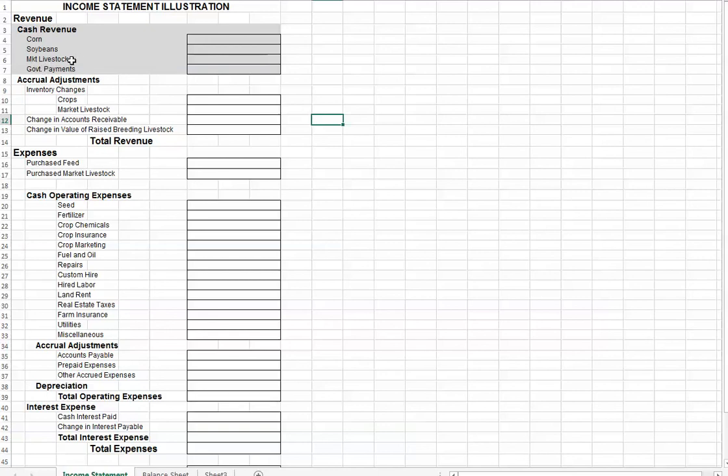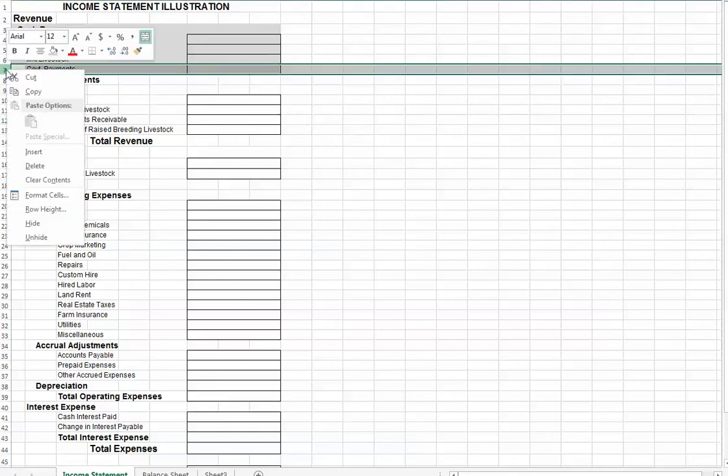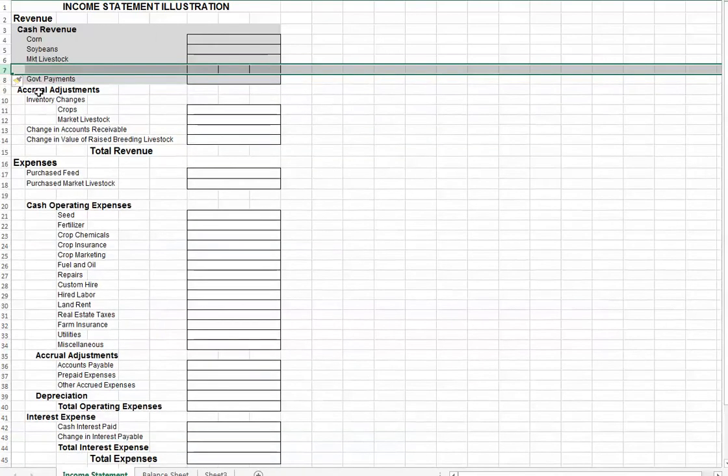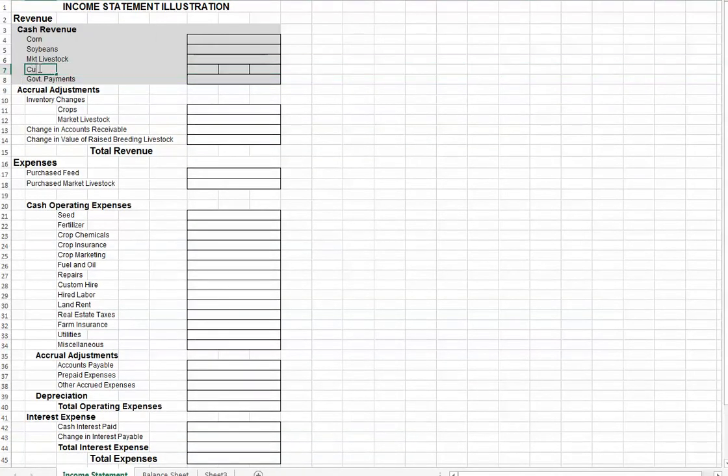You would not record a sale here of something like an old piece of farm machinery, or a parcel of farmland, or something like that. This category is for items that are produced on the farm for sale. The only real exception to that, if you look in the textbook's format, is that they have a row in here for cull breeding stock. In other words, they have an item right here that says cull